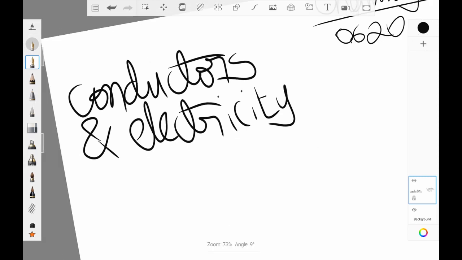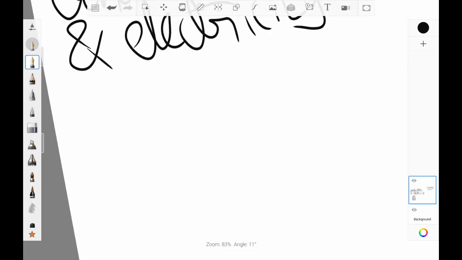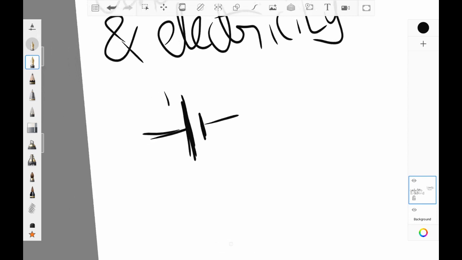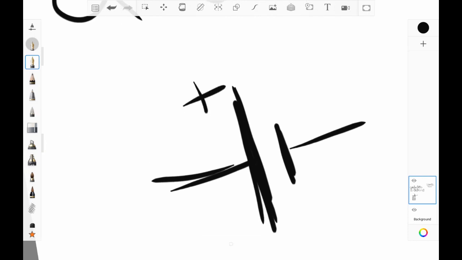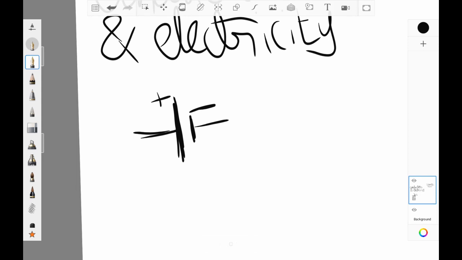electricity. Now, what is electricity? Electricity is just a stream of electrons, and the most common supply of electricity in circuits would be a DC source, usually a cell, and multiple cells form a battery. So this is a symbol for a cell. This is the positive terminal and this is the negative terminal. And electrons flow from the negative terminal to the positive terminal, which is something that you should definitely keep in